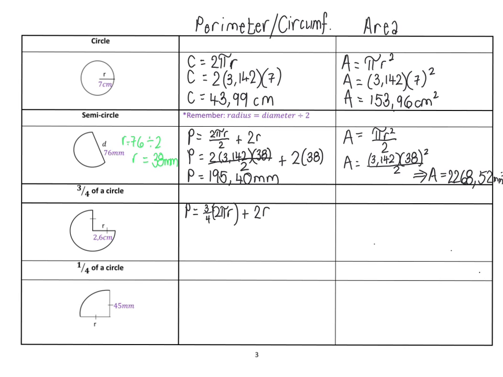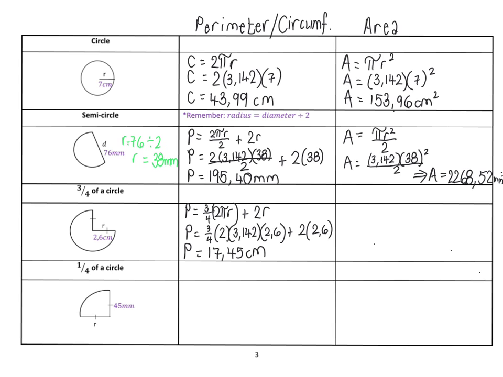And then if we substitute, 3/4 multiplied by 2 multiplied by pi, which is 3,142, multiplied by the radius, and that is 2,6 in the diagram, plus then the 2 radii of 2,6 centimeters. So if I put that on my calculator, I get 17,4538. So if I round it, it's basically just 4,5